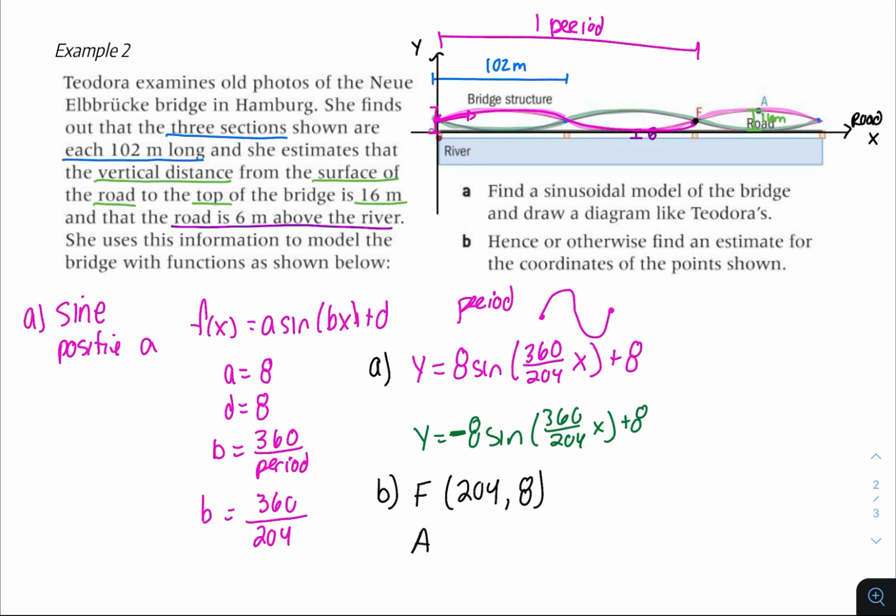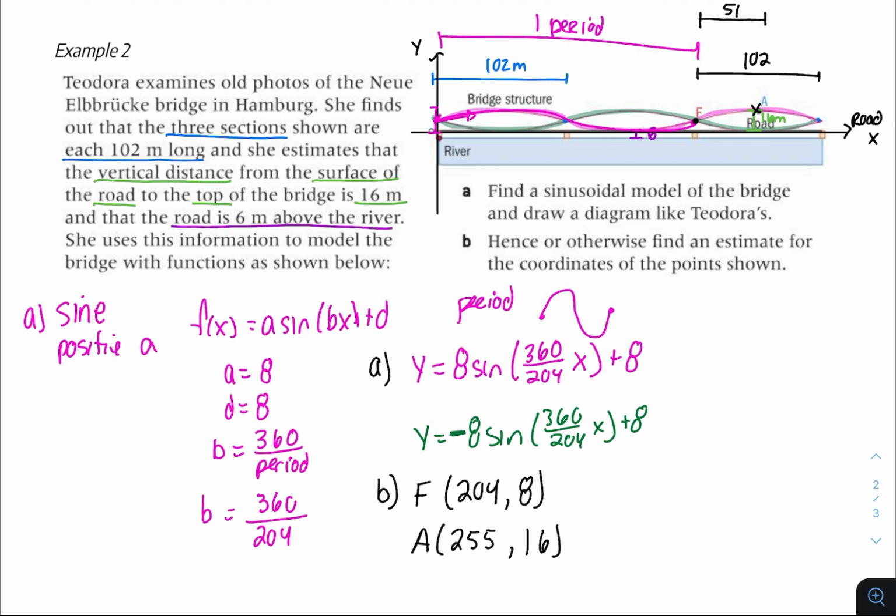While for the coordinate of A, the coordinate of A is at a maximum. So we know that the maximum happens at 16. And then if we're trying to find what is the x-coordinate, well, we know from F all the way back to the center, it's going to be 102. So if I divide 102 in half, I'm going to get to A. So this is going to be 51. So we're going to do 204 plus 51. So we're going to be at